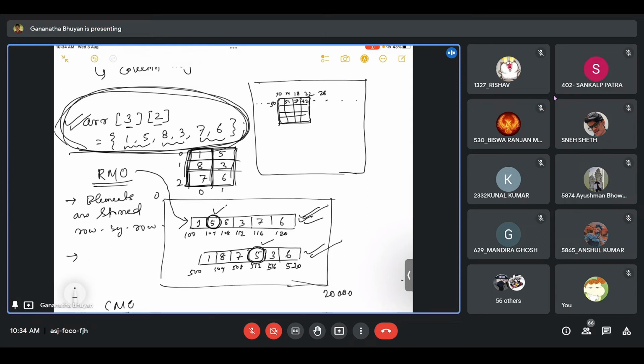You simply write ARR of 2, 3, and inside that, all the elements you mentioned. Now it is the compiler who will decide कि मुझे यहाँ पर row major order में store करना है या column major order में store करना है. So there are some compilers who follow RMO, there are some compilers who follow CMO, and it will not create any kind of difference. Accordingly, it will calculate the address, and if you ask for ARR, let us suppose 2 and 0, 5,